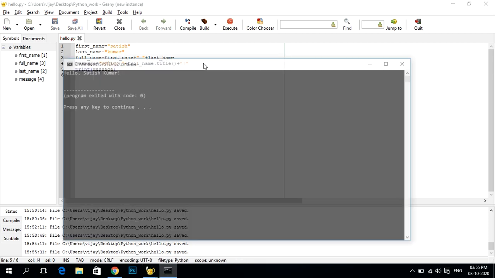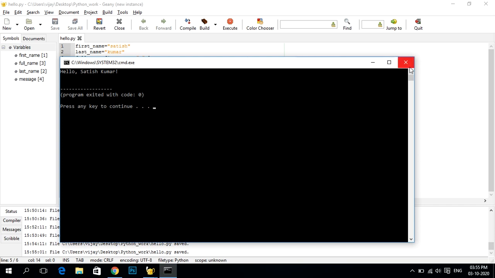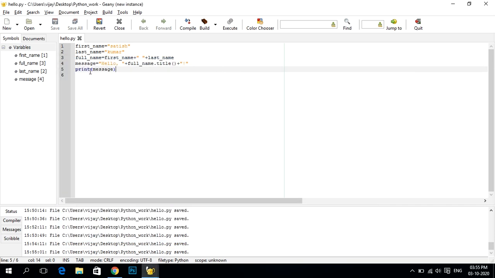You are seeing that I made a variable message, and hello plus full name dot title plus an exclamation mark as a string. We print this message, and this prints Satish Kumar.